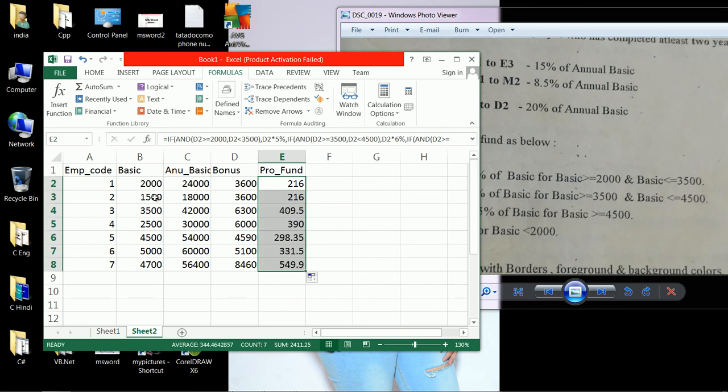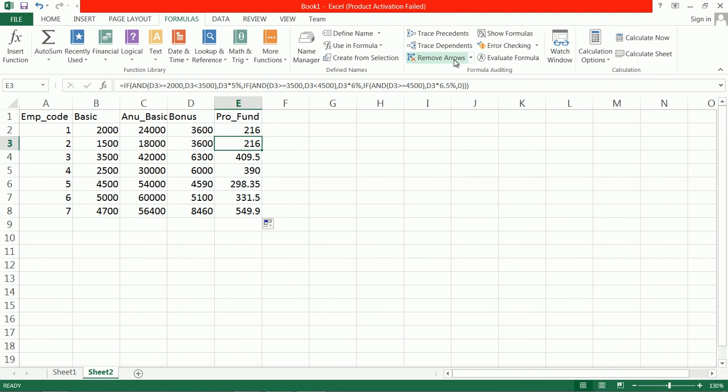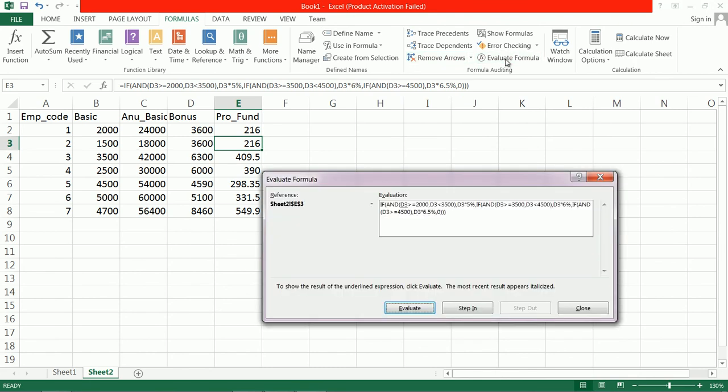Okay, we have basic less than 2000. No, it will not work here. Let us see what happens here. Go to Formulas and click on Evaluate Formula. Let us evaluate it. This condition is false. This condition is true, but there is AND, therefore it will go to the next condition.